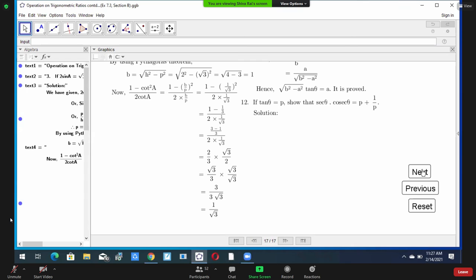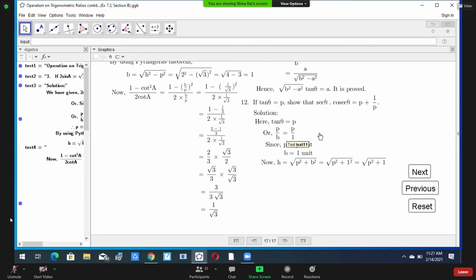So everyone look here. How to do it? Similar process. Tan theta equals P, which is given, and you know tan theta equals P upon B. In place of tan theta, just write P upon B, which is equal to P. On the right hand side, only P, so just write P upon 1. If you divide P by 1, again we get P.